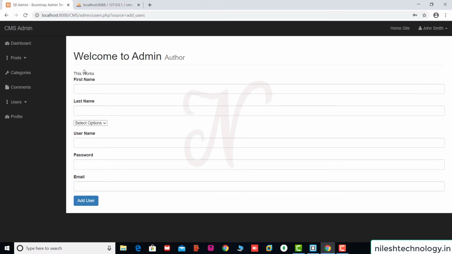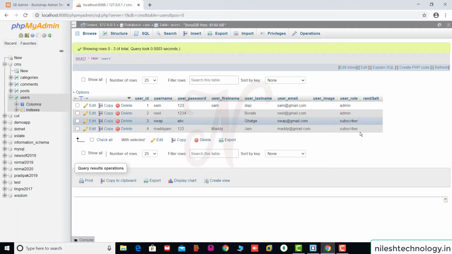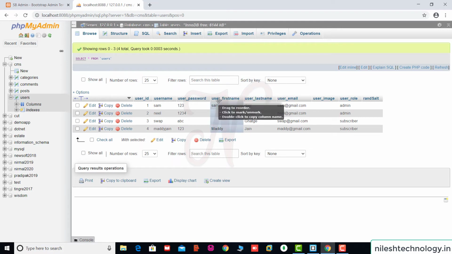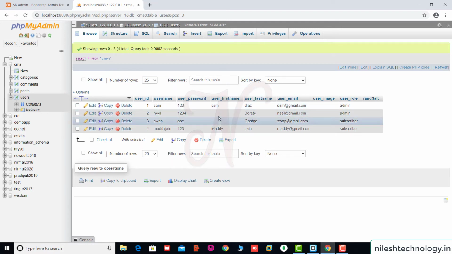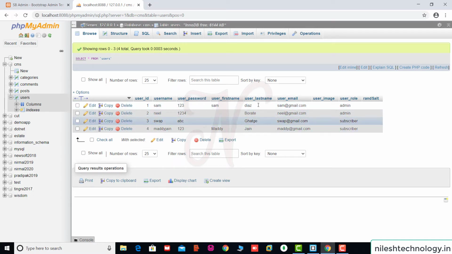Okay, perfect. We remove this message here and refresh this table. Okay, fine, Maddie. Now we add the first name when we do some edit operation, and insert the first name here. Don't worry about that. Here we inserted 4 records.